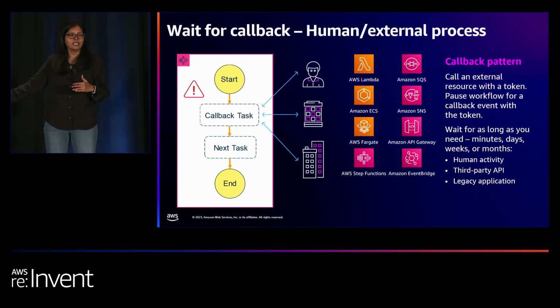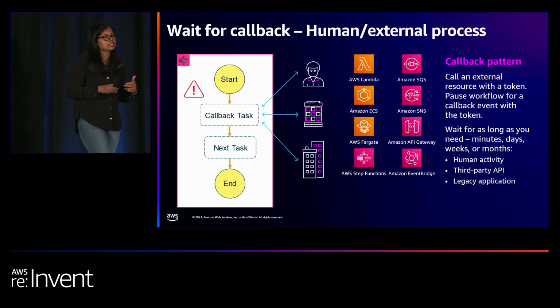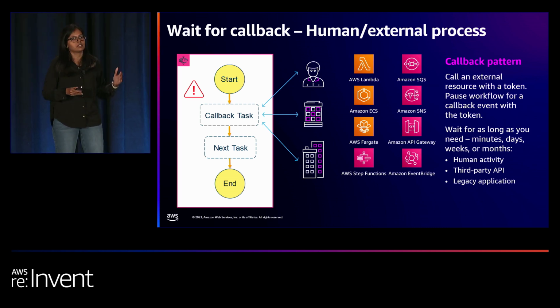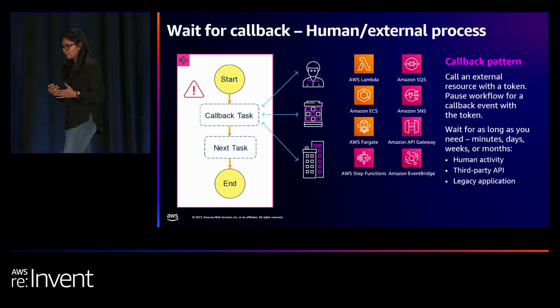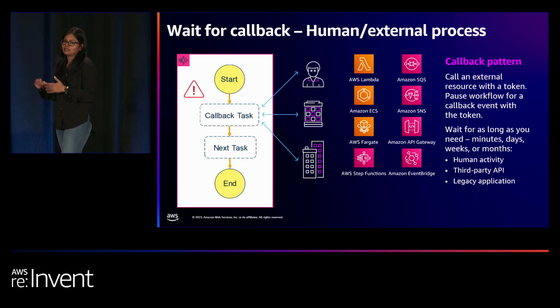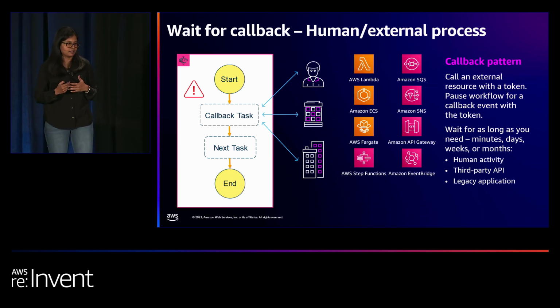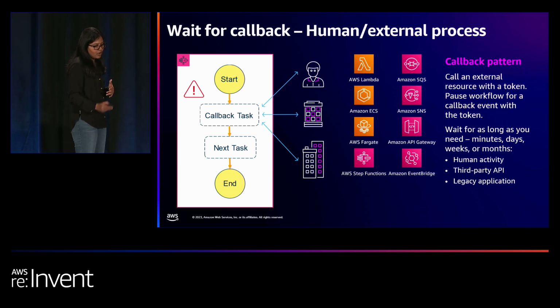When they are complete, they send out the token through the Step Functions API along with the response. Now, when the Step Functions workflow receives a token, it understands which execution, which workflow task generated the token. It will resume that task. When the task is resumed, it moves to the next step. So in our requirement,